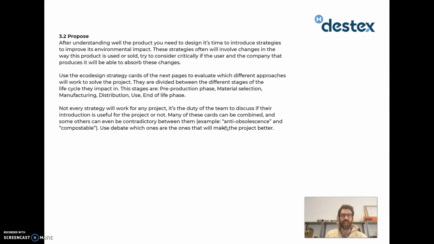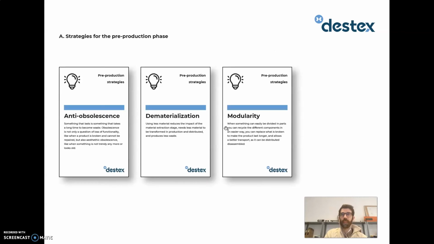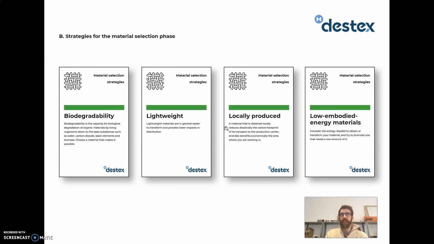Of course, not every strategy works for everything. It's the criteria of the participants that needs to help them decide which strategy is going to be the most useful. Here you can see some strategies from the pre-production phase, for example, anti-obsolescence, dematerialization, modularity. From the material selection phase, so when choosing materials, you can use these strategies to choose a biodegradable material,